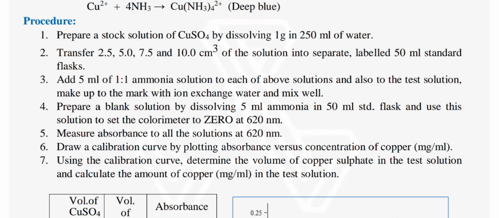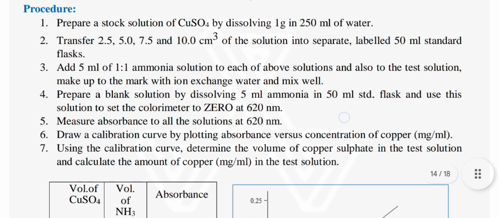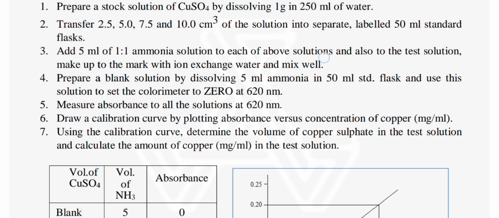Prepare a blank solution by dissolving 5 ml ammonia in a 50 ml standard flask, and use the solution to set the colorimeter to 0 at 620 nanometers. Measure absorbance of all the solutions at 620 nanometers. Draw a calibration curve by plotting absorbance versus concentration of copper, in mg or ml. Using the calibration curve, determine the volume of copper sulfate in the test solution and calculate the amount of copper